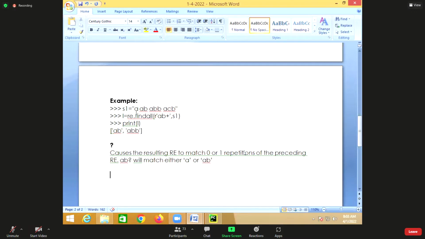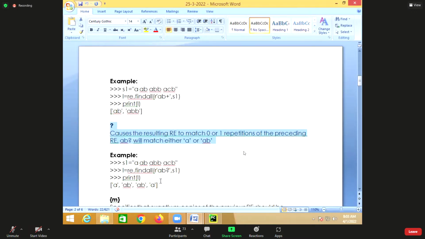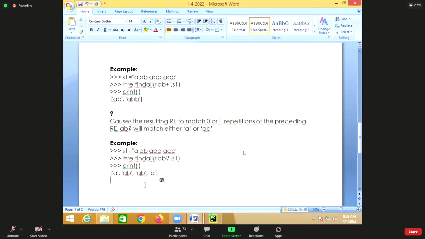So it will not find A, B, and B. It will find only A and AB. Within A, B, B, there is AB or not? Yes.